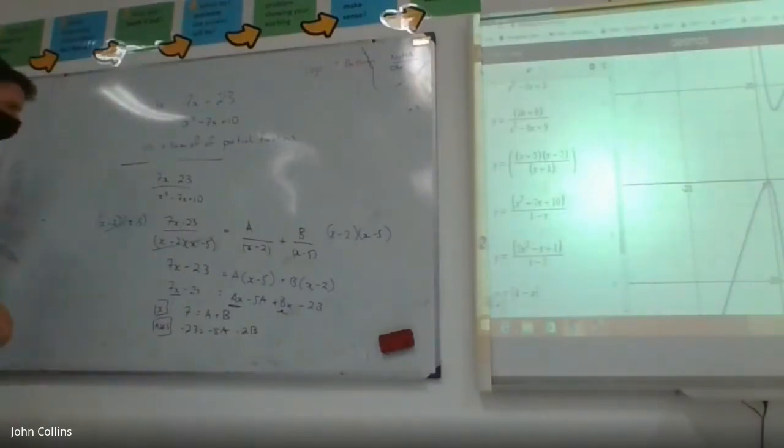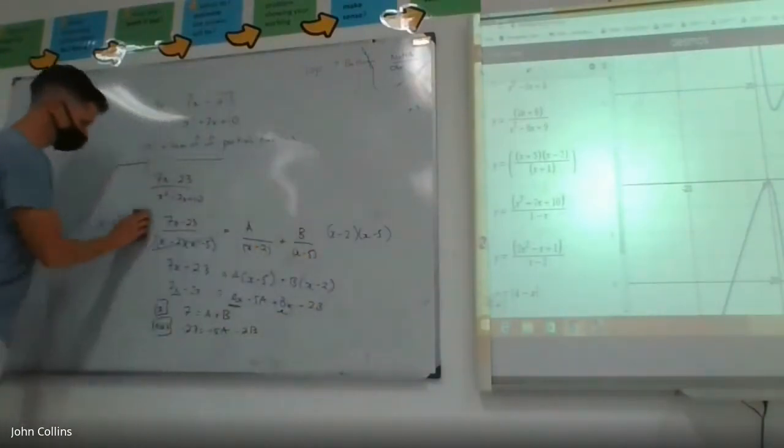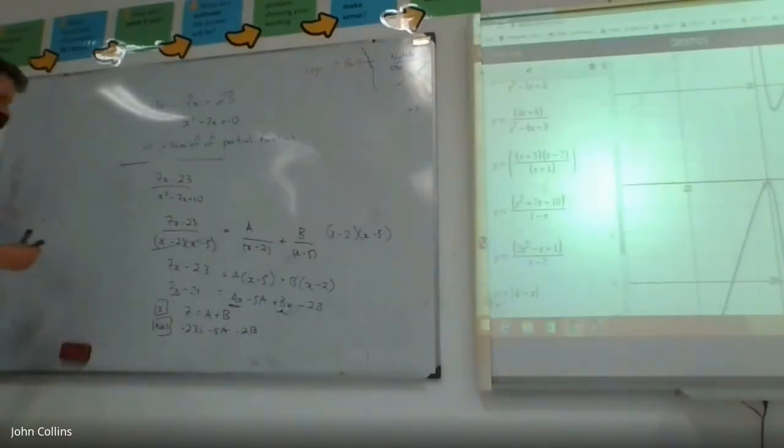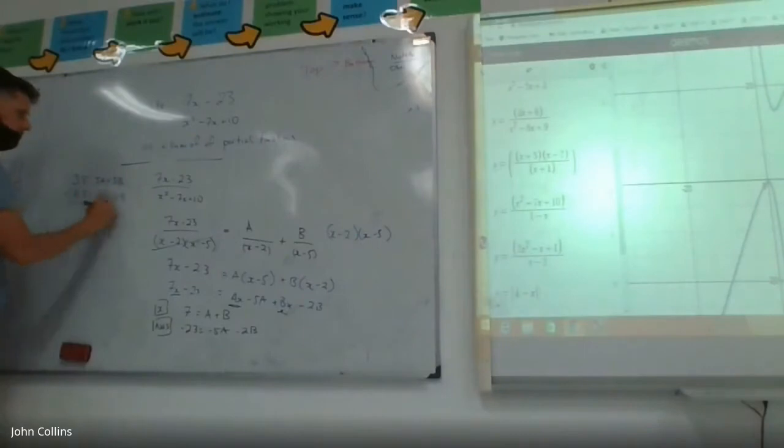So you can solve that. Let's see if you get the same answer as I do. These two equations, solve them, and we're out of here. The bottom one is numbers, the constants. So I'm going to multiply the first by 5: 35 is equal to 5A plus 5B. The second one I'm going to keep the same. Take the first equation again, and A must be